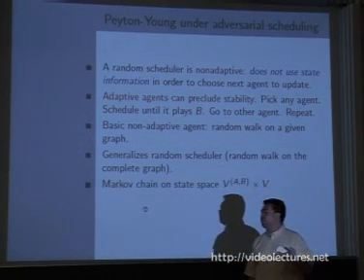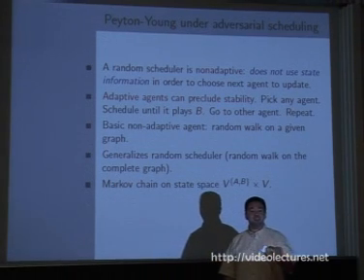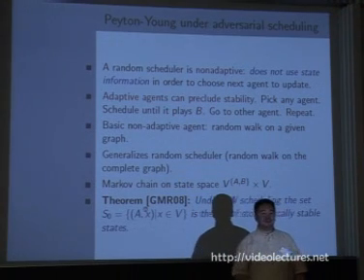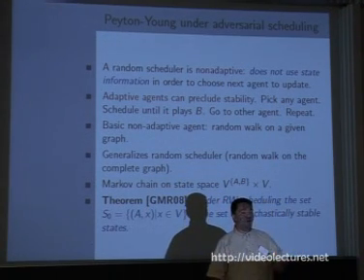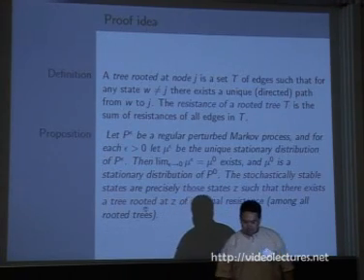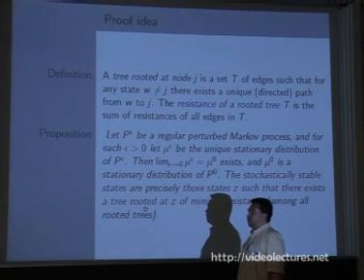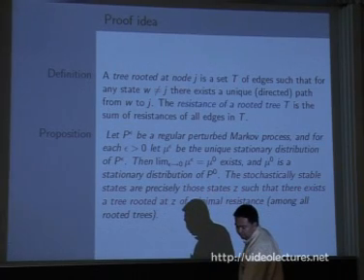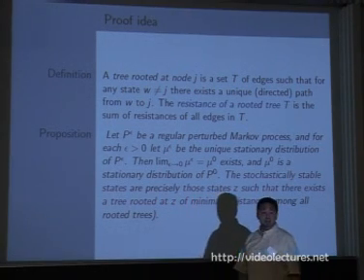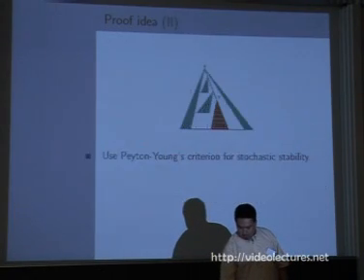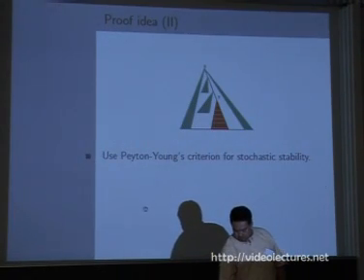It is specified as a Markov chain on the state of configurations times the last agent that played. And I proved that under such a scheduler, the states that have all A on the first component are again the stochastically stable states. The proof uses a pretty standard result in this area that identifies the stochastically stable states in terms of trees of minimum potential. And since I don't have that much time,